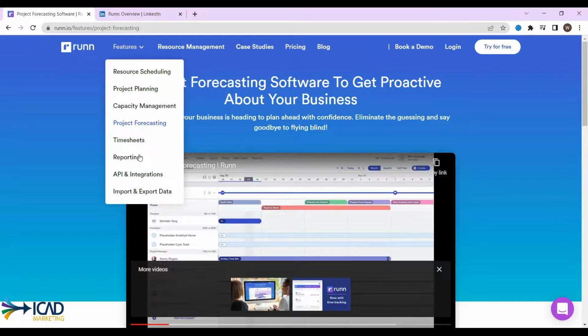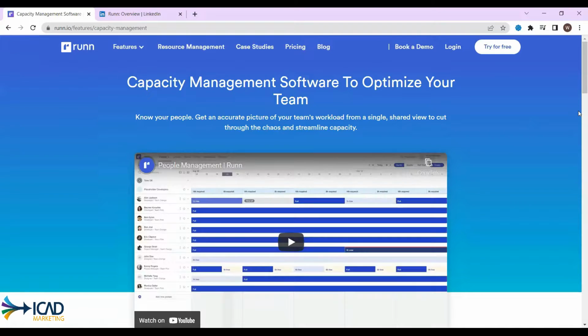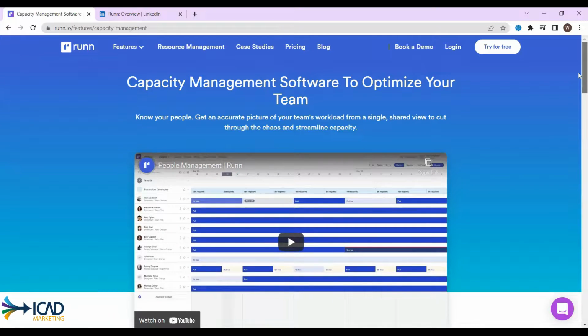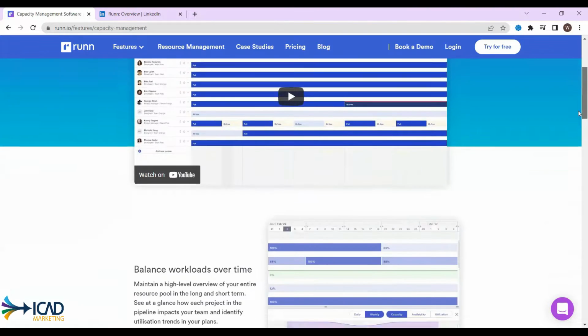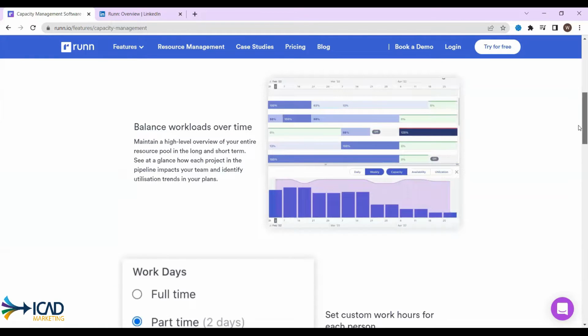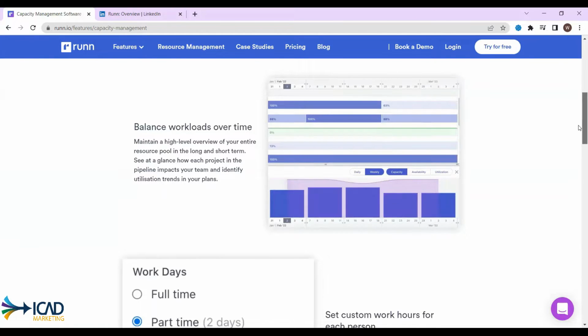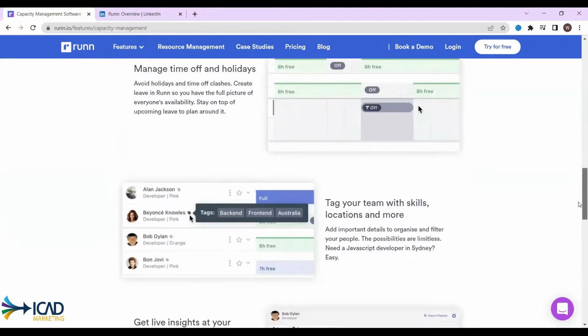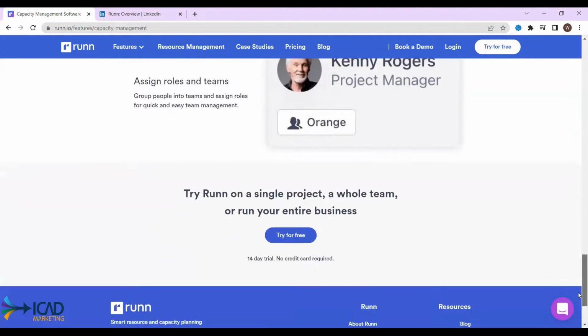Let's go to capacity management. And again, same thing. They have a video that highlights capacity management. Know your people, get an accurate picture of your team's workload from a single shared view to cut through the chaos and streamline capacity. All right, and again, they're showing me the different use cases for this specific feature. So I like that.